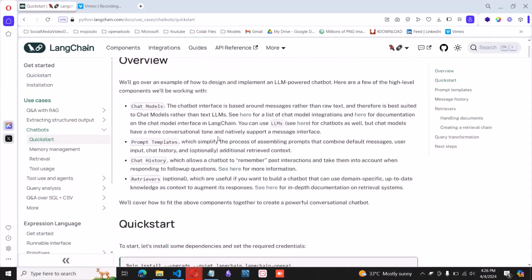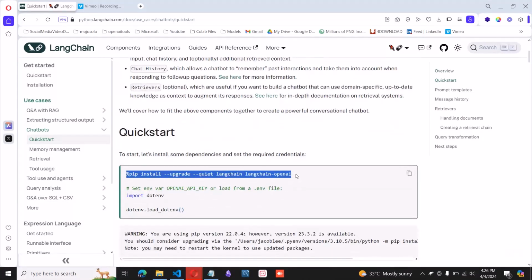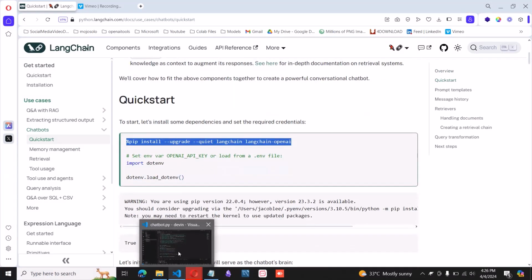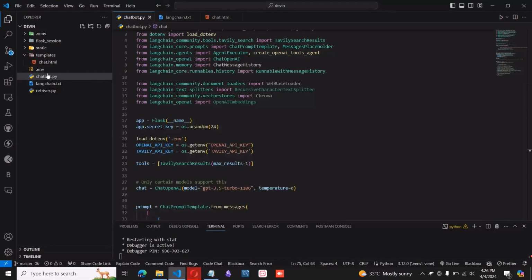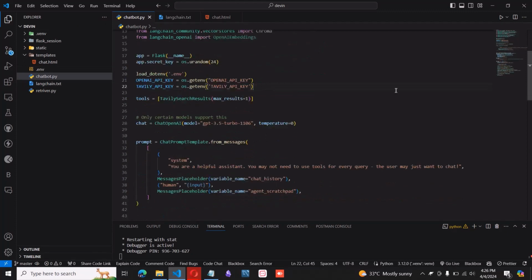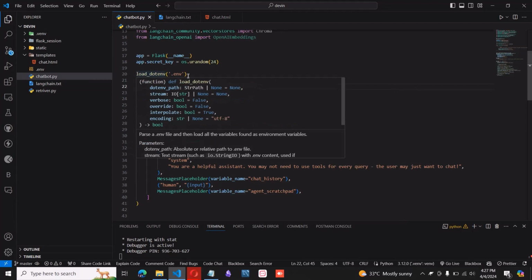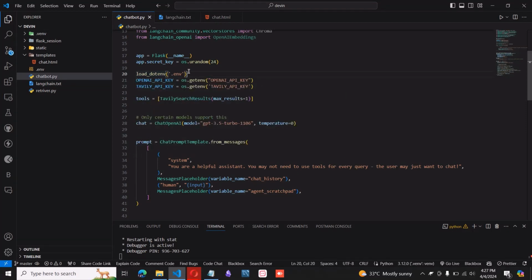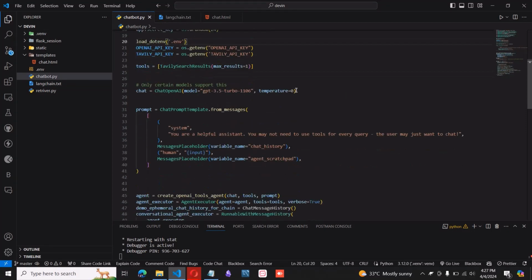First of all, the main thing is we have to install this: pip install langchain and langchain-openai. And the second part is the env file. You should have an env file to protect your API keys. Okay, I have API keys in my .env file. I'm not opening that. Okay, so here I define the API keys by using load_dotenv in Flask,